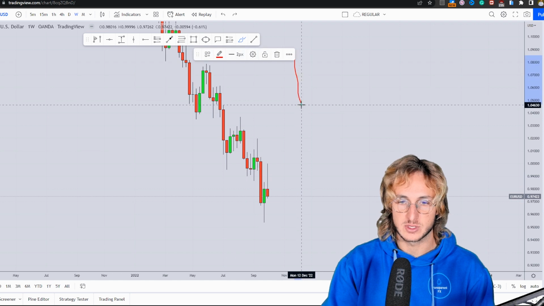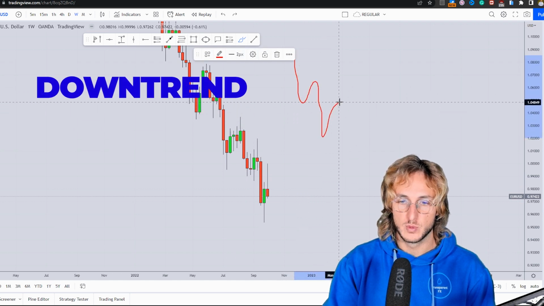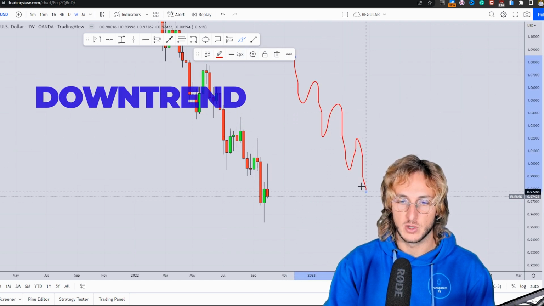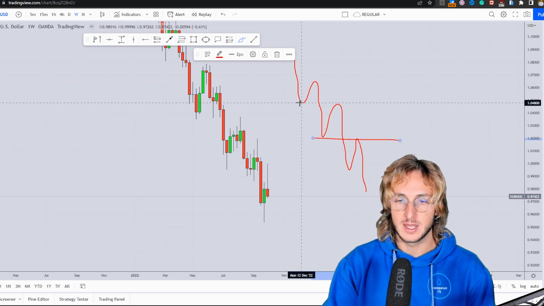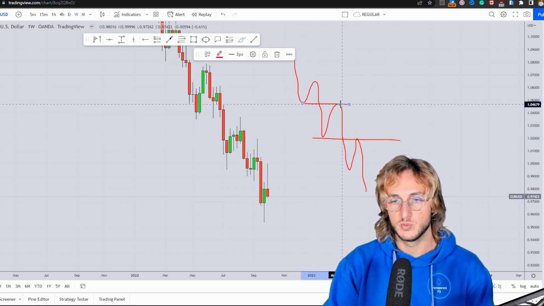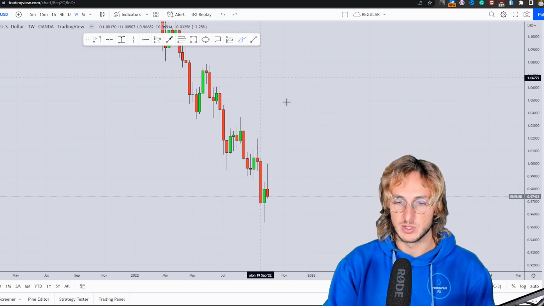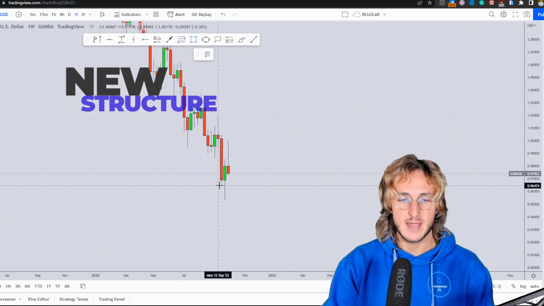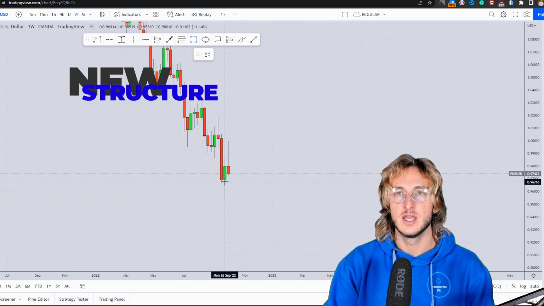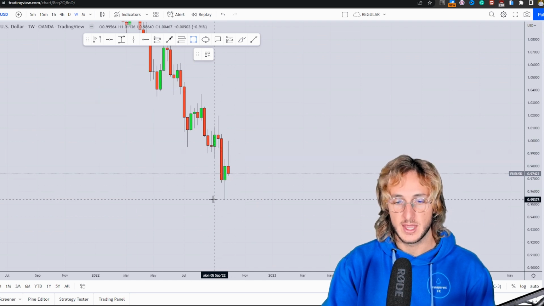because in a textbook downtrend, you want to see the market printing lower lows and lower highs, and every time going and retesting the previous support turned resistance, which is in fact exactly what the market has been doing here. However, for every single time that the market creates new structure and rejects it, it has to first